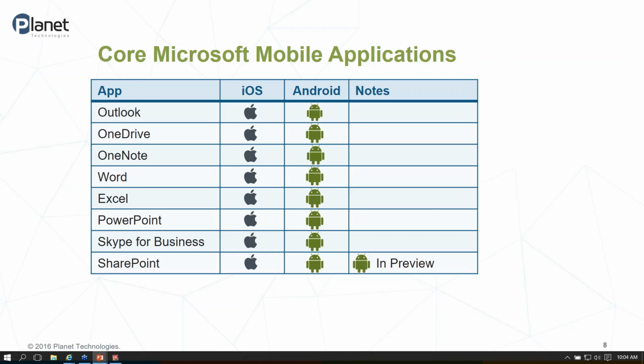It's the backbone of all business communication, and Outlook is available on both iOS and Android. I listed OneDrive second because we're seeing a big push from a lot of people who are moving to Office 365. It's almost second nature. They go email first, and then they look at their storage. Maybe they have network storage, maybe they have file shares, maybe people are just storing stuff on their C drive. But OneDrive seems to be really, really close behind email use when organizations are looking at what do we want